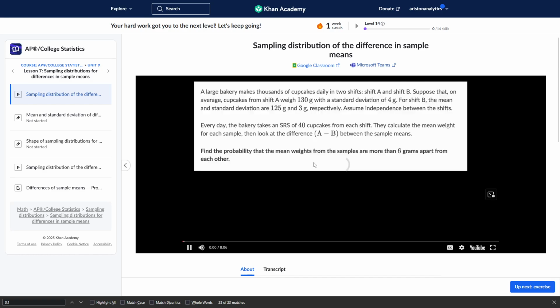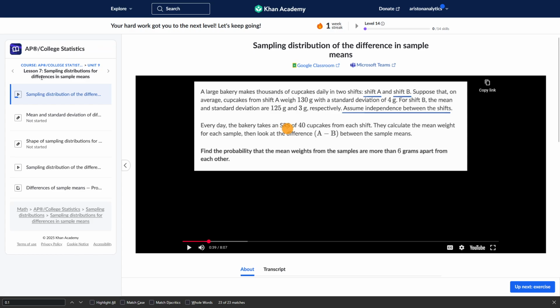Okay. What we're going to do in this video is explore the sampling distribution for a difference in sample means. And we'll use this example right over here. It tells us a large bakery makes thousands of cupcakes daily in 2 shifts, shift A and shift B. Suppose that, on average, cupcakes from shift A weigh 130 grams with a standard deviation of 4 grams. For shift B, the mean and standard deviation are 125 grams and 3 grams, respectively. Assume independence between shifts. Every day, the bakery takes a simple